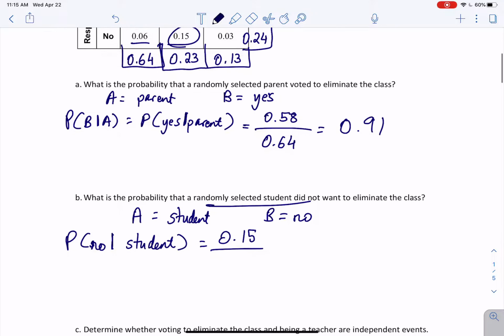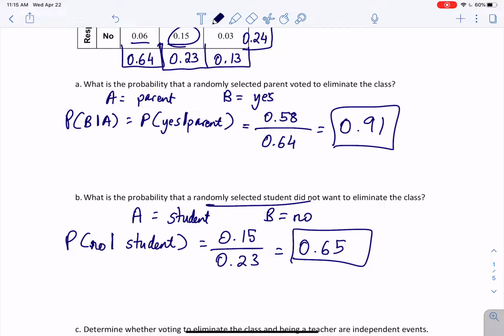And so 15% out of 23%, that's a 65% chance. So if we know that we picked a student, there's a 65% chance that that student voted no. This is where we can see, right? Like if I just had a person who voted who was a parent, there's a 64% chance that I picked a parent. But,